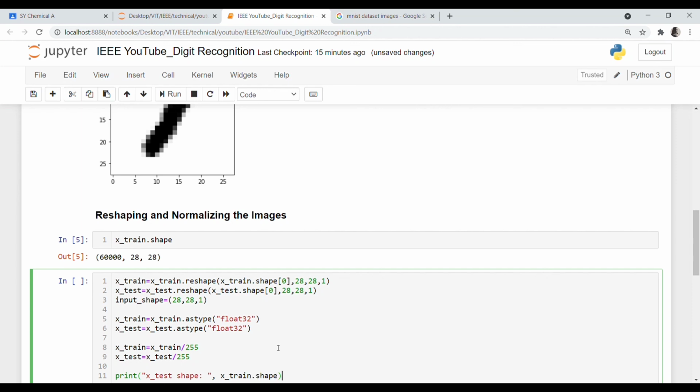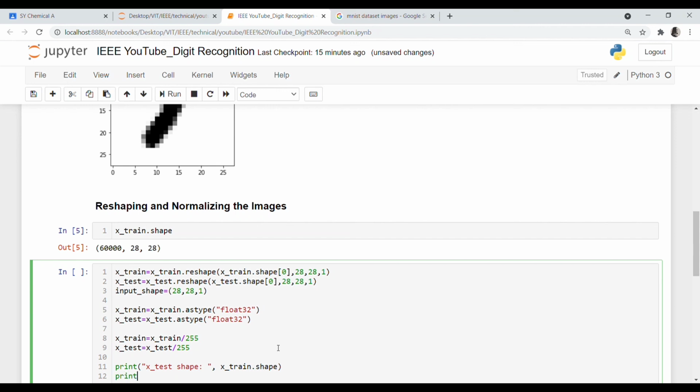Then we want to see the number of images in X train. X train dot shape index.